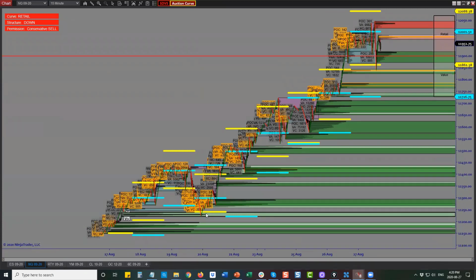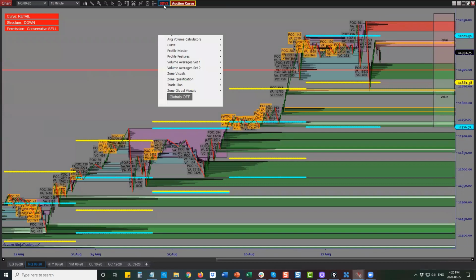Okay? They'll never be the same size because supply and demand doesn't work like that. But what we do is we take a mathematical algorithm that basically takes every single zone size, and then we average them out. And then we say, okay, where you're entering. If you're entering at the volume cluster, if you notice the point of control and the volume cluster are almost identical. So if you're entering at the volume cluster,